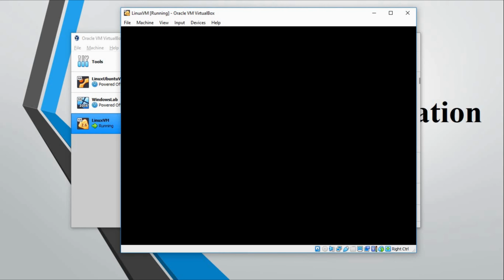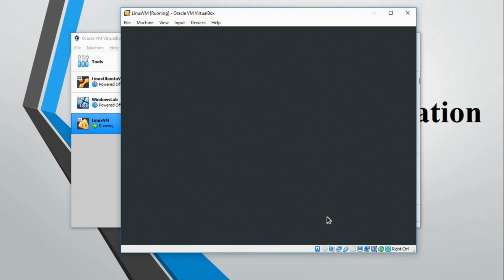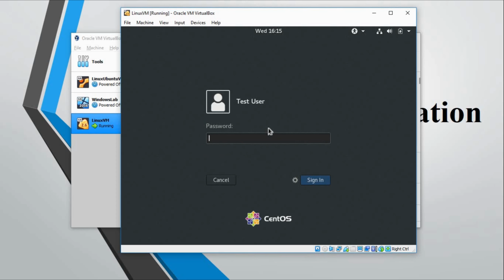Now it is going to start the CentOS 7 GUI. Alright, so go ahead and click on your username because this is the same user which you created earlier during the installation. Provide your password, and once you provide your password, click on sign in.